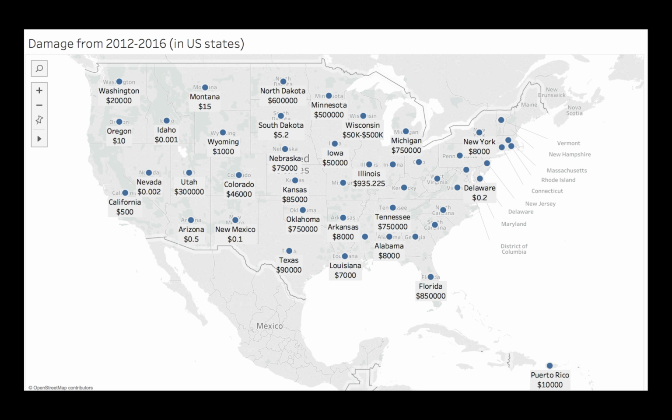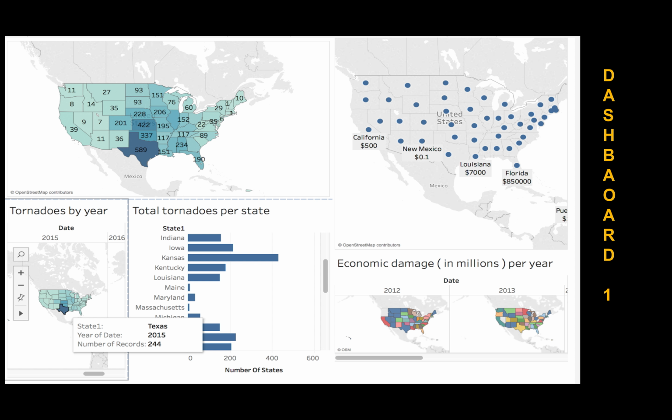Indirect losses include lost production and sales, incomes and labor time, increased commute times and transportation costs from goods having to be routed differently, lost tourist activities, and utility destructions. The above dashboard shows the total tornadoes, the total economic damage caused, and yearly damage from 2012 to 2016, and the number of tornadoes seen in each of those years in the states respectively. It gives a summarized view of what's been happening in those years.